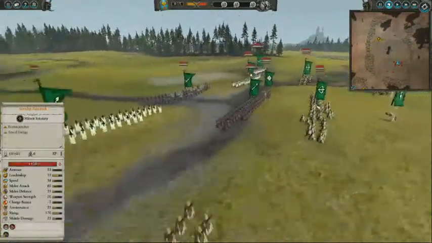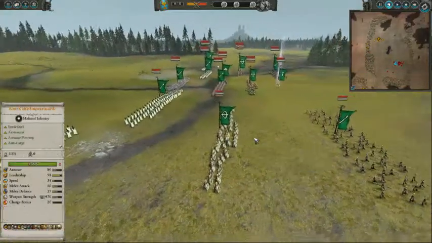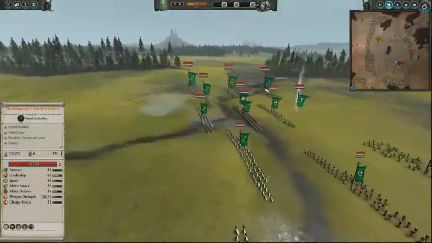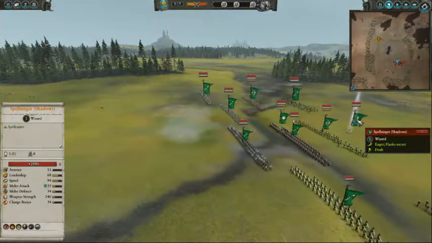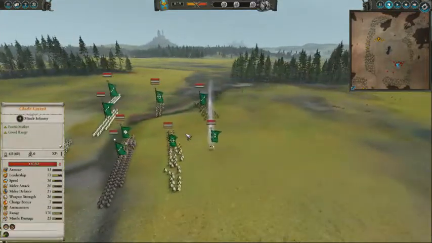We also have Glade Guard. 3 units of just normal. And then in the back, 2 War Dancers with Azrai Spears, some of my favorite units in the game, and a Spellslinger of Shadows with, let's see the spells,